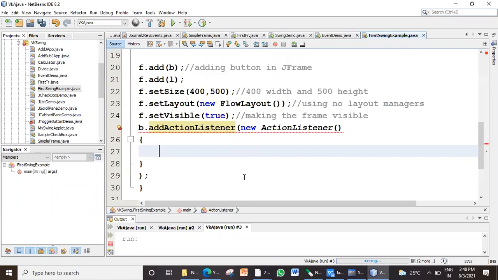Anyway, there is only 1 minute left. What should I do here? The actionPerformed event method.